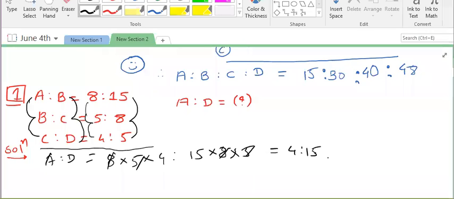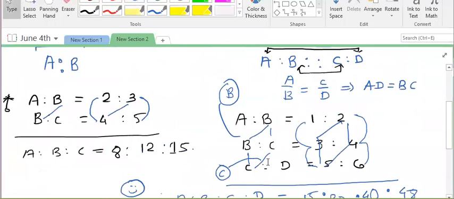Okay, shall we move to next question? सर एक बार रिपीट कर ही दियो ना. हाँ बिल्कुल, देखो. So here in the question they have given us A is to B, B is to C, C is to D. From there, they are asking what will be A is to D. Right, now see how we can find A is to D over here.